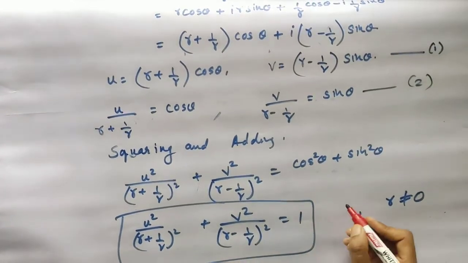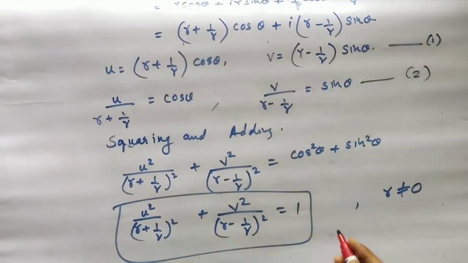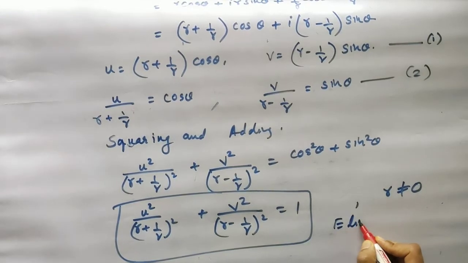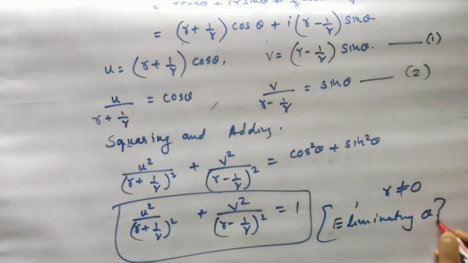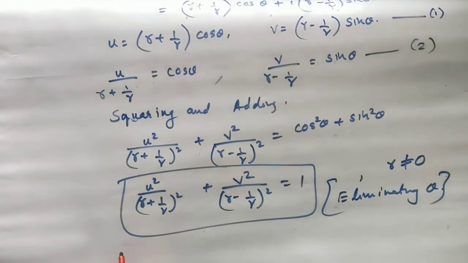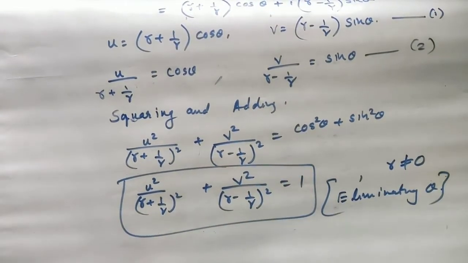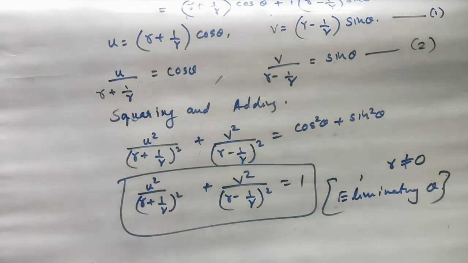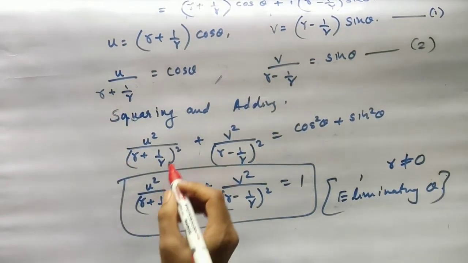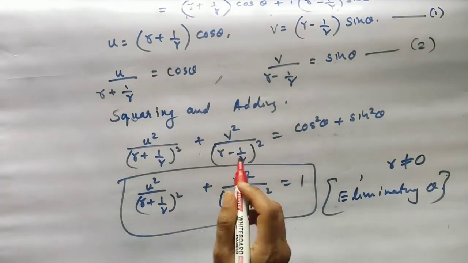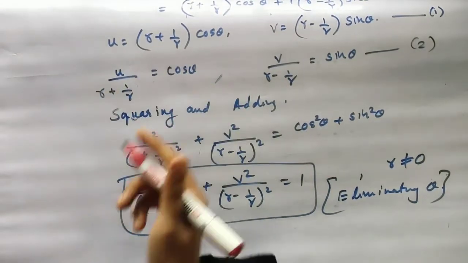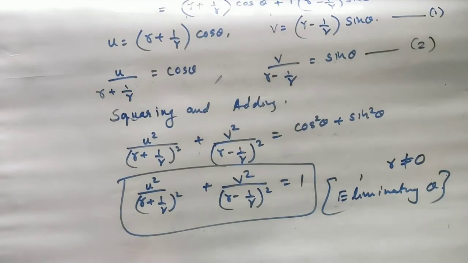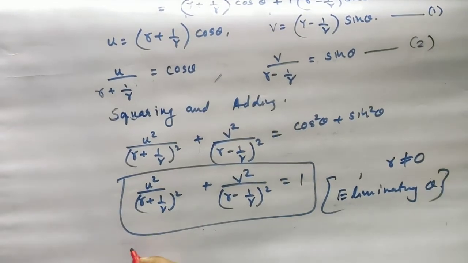Now this is one equation. I have eliminated theta from here. You see that there is no theta. This is called elimination of theta. Similarly, I can eliminate r. The other way I told you, we can do both. So the procedure I had to do was this, to eliminate theta. Now my main motive is eliminating r. Now I have eliminated theta, so let's eliminate r and see how the equation looks.